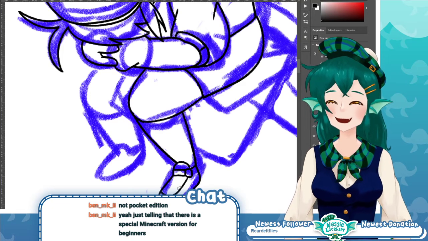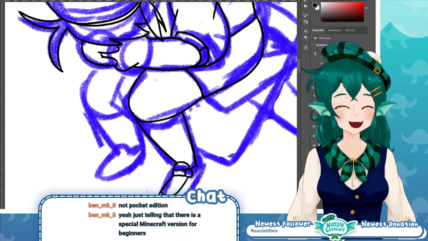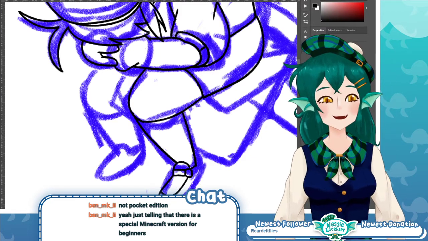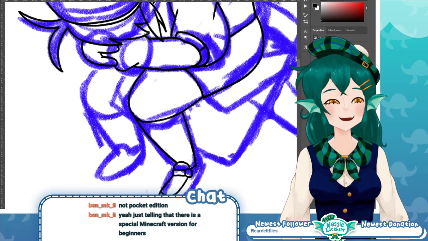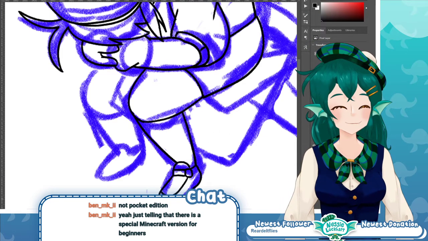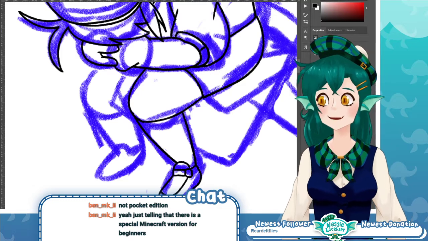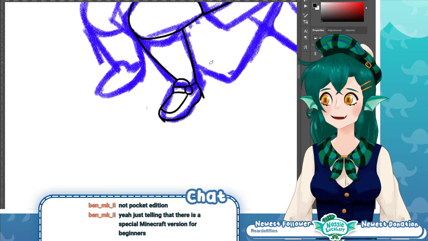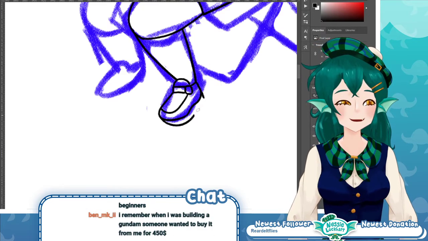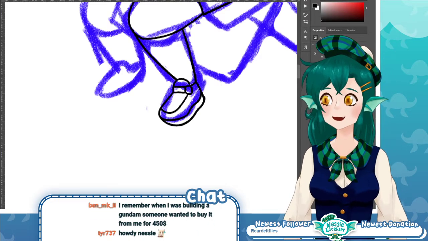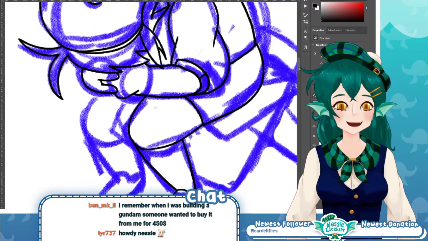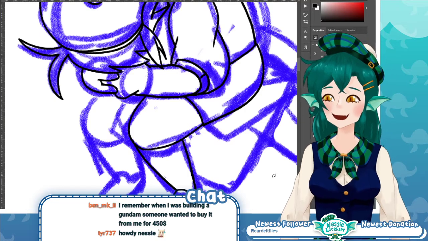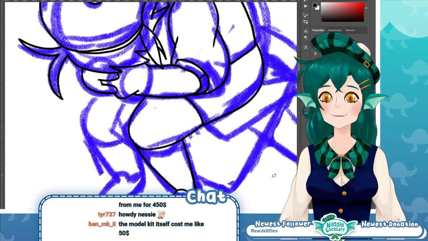I've built a house. I've built my little cabin. Very proud of it. I've even started actually mining along with crafting. I had some help. Not like people gave me things, but I've had friends teach me, which is really sweet of them. Shout out to my homies. Howdy Nessie, hi, thank you for stopping by again.